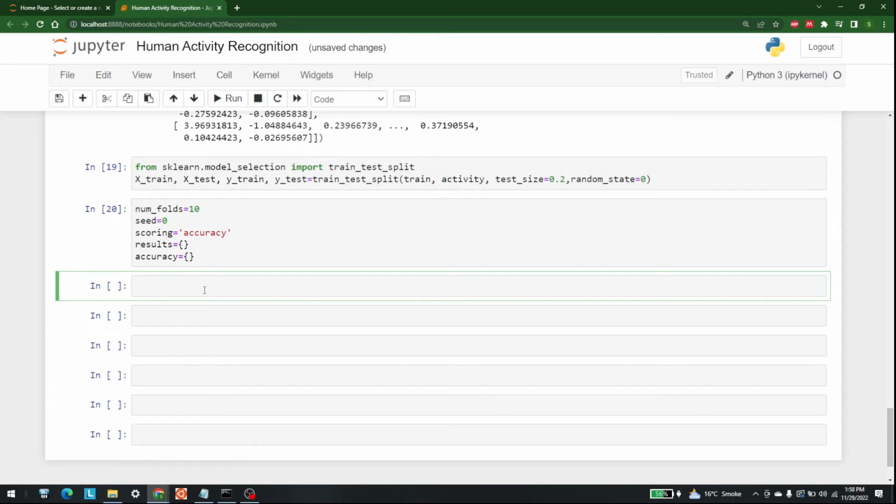Other than that, we also have to import things such as confusion matrix, accuracy score and classification report, right? And cross validation score as well. So let me get them one by one. All of these are available in sklearn. So from sklearn dot